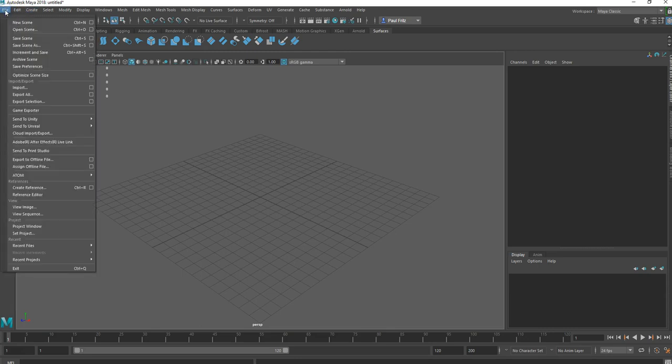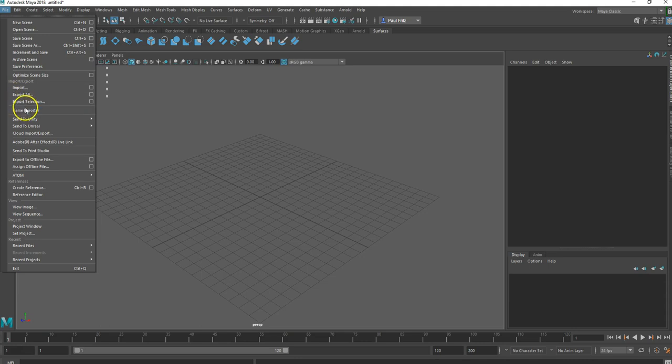And here, if you click on File, it gives you an option to create a new scene or open a scene. Your different save scenes and save scene as settings. You have an import-export section where you can import different files as well as other Maya objects into a scene that you may be working on. You also have options to select certain things or elements inside your scene, and you can export just that, or